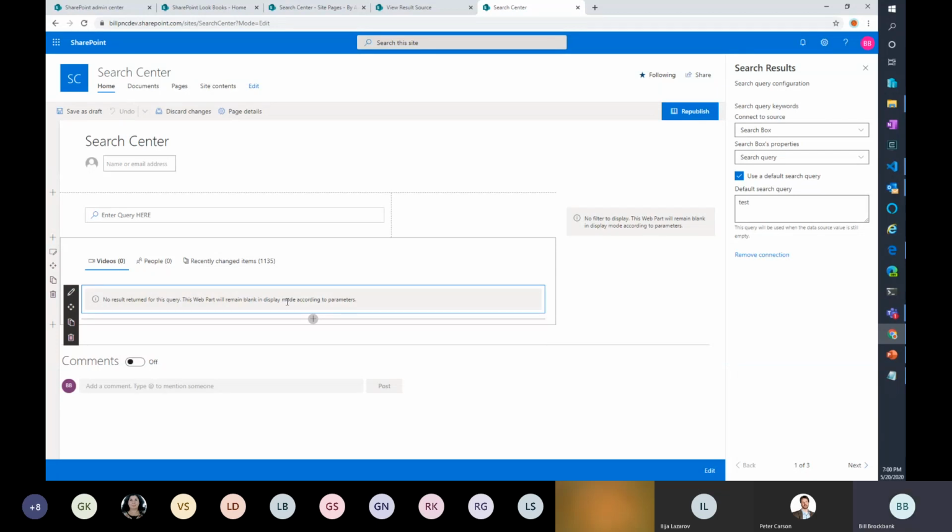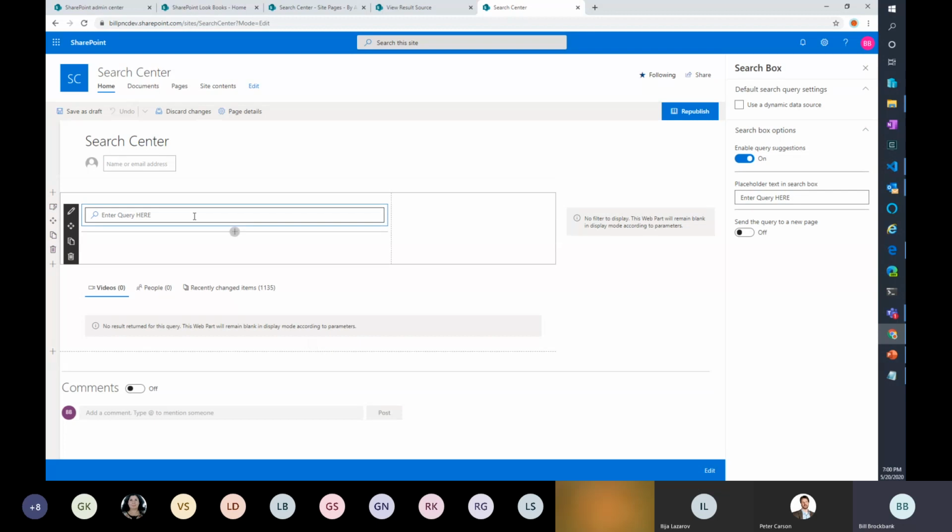Okay. So the 4 parts are all on there, and you actually go through and you connect them once you throw them on. So you'll see here, the search box doesn't connect to anything else directly from it, but it does search other places. The setting on here is critical.